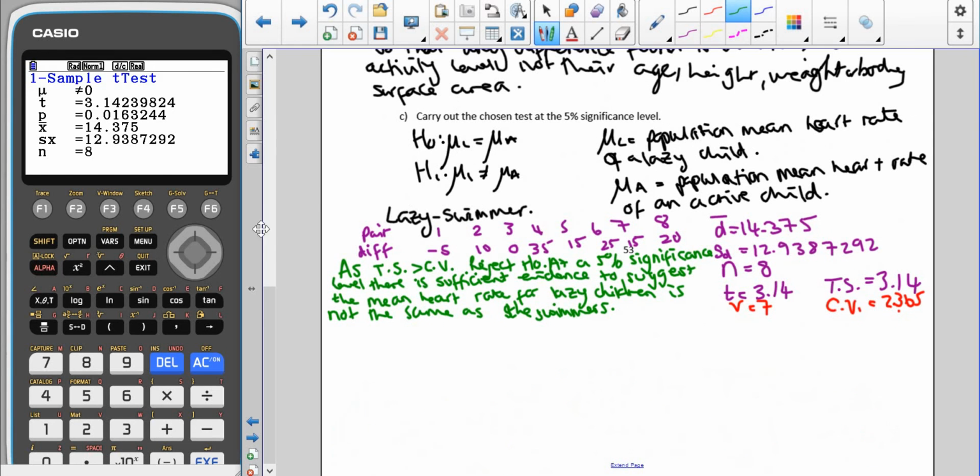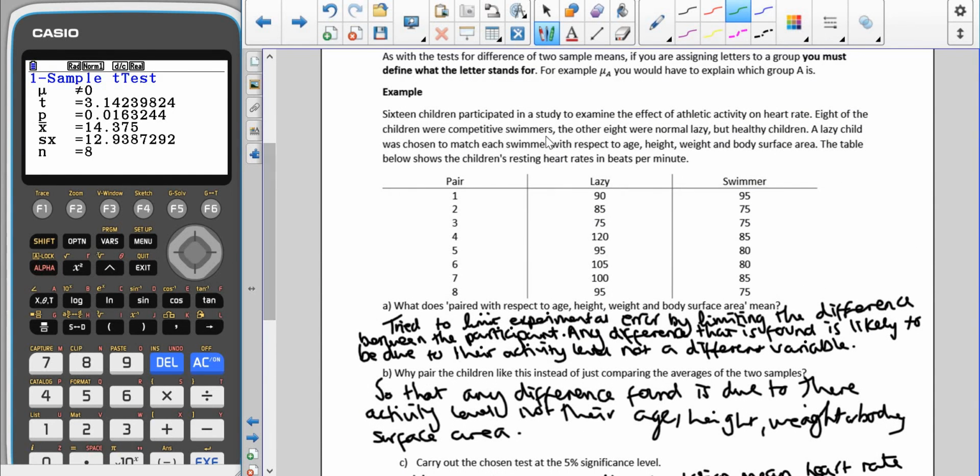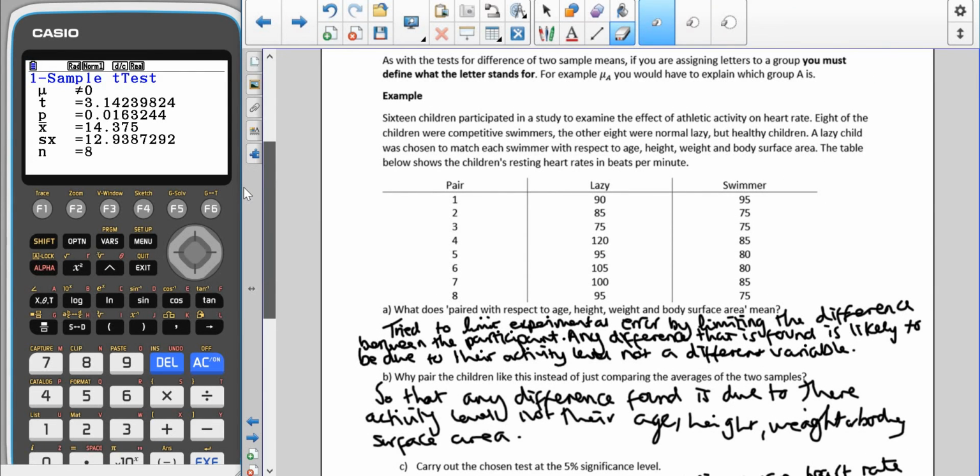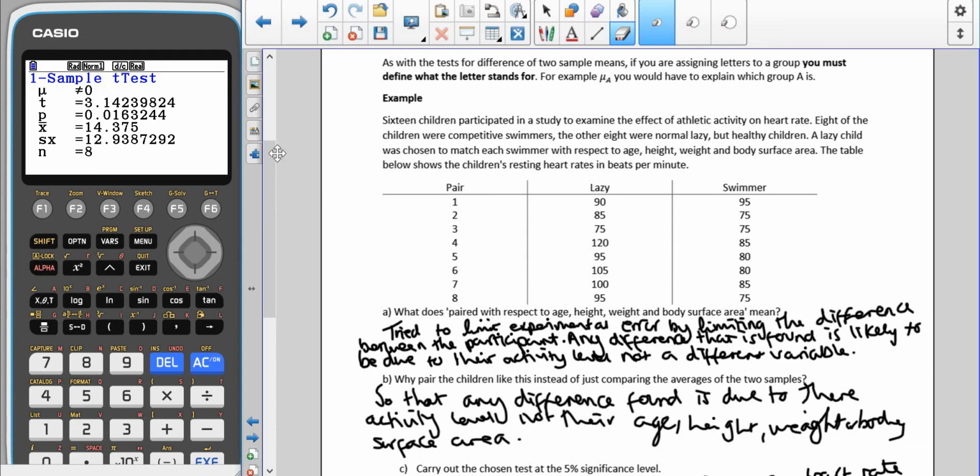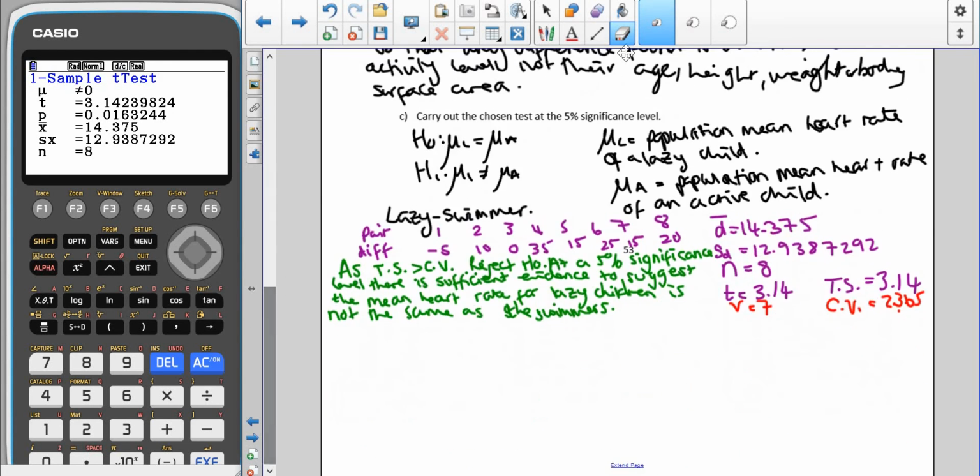And again, we need to be careful here because we need to make sure that it's hitting those 2 assumption points. So again, does it say here in the question that the heart rates were normally distributed? No, it doesn't. Does it say here that the 8 children are a random sample? No, it doesn't. So we need to write those down as assumptions. Now this time we write them slightly differently. So our assumption